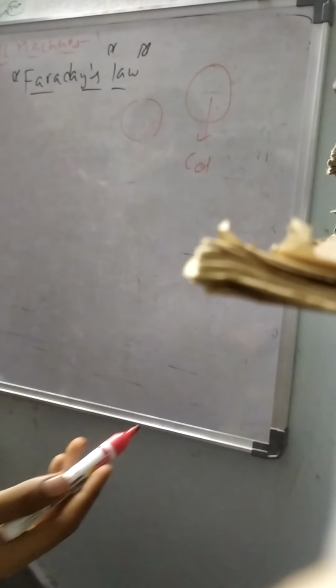So I am repeating my definition. Whenever a conductor cuts the flux, for example, this is the magnetic flux. What is flux? Flux is nothing but the magnetic distribution in the surroundings. It is in the form of lines. It is purely on our imagination basis. So now I am taking a conductor which is in the shape of a rectangle. Whenever a conductor cuts this flux, an EMF is induced across the coil terminals or conductor terminals.